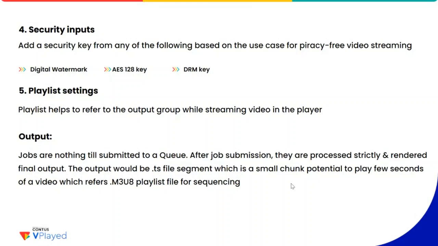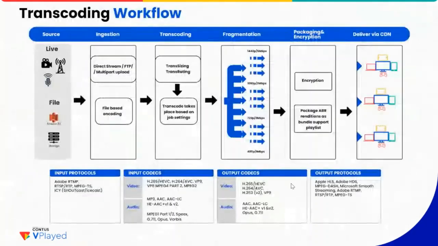That manifest file will have a row of information about what all the segments are, what the bandwidths are, what the presets are, whether the particular codec has been encrypted, and what the type of codec is. Everything will be bundled and available as an ABR package. So here you can see the diagram, and you can relate it easily.